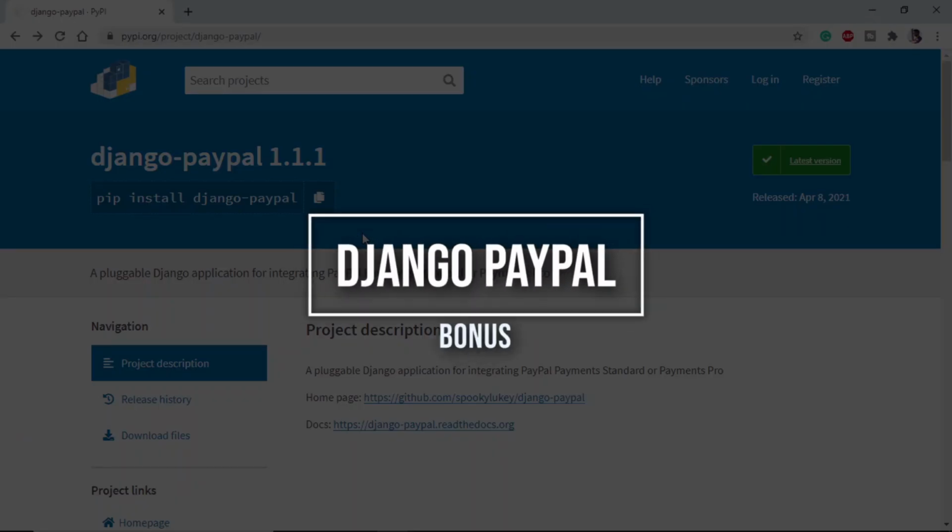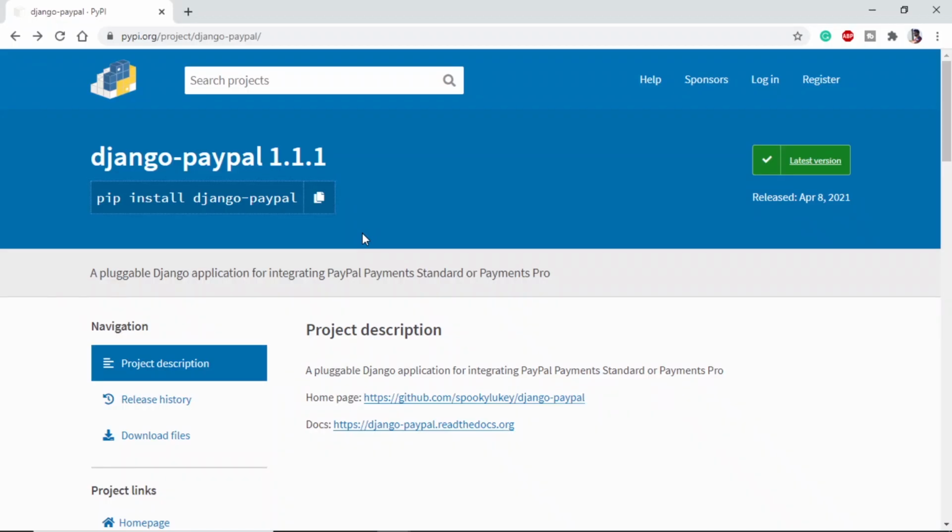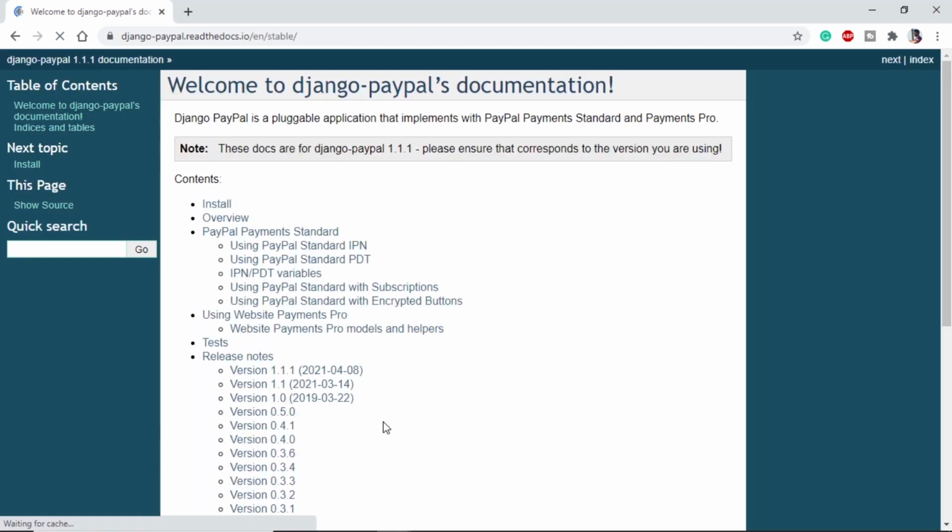As a bonus library, I would like to tell you about Django PayPal. This library is very much helpful if we are setting up any type of payment gateway in our website, or if we want to generate bills or pay bills, anything related to payment, and it uses PayPal as the name suggests. If we look for the documentation, it is quite complex, so I would recommend if you can read this documentation, but there will be many easy and helpful documentation or tutorials available on YouTube and Google where they will teach you using this very easily.